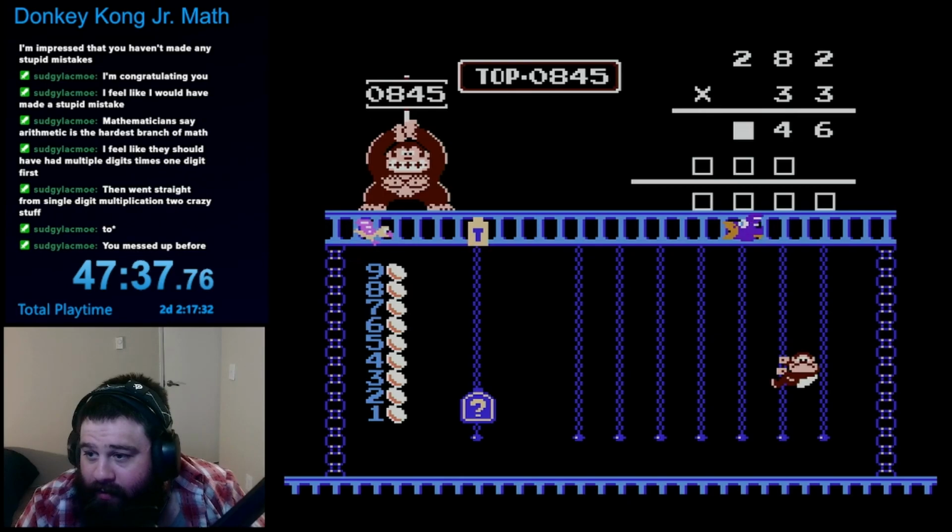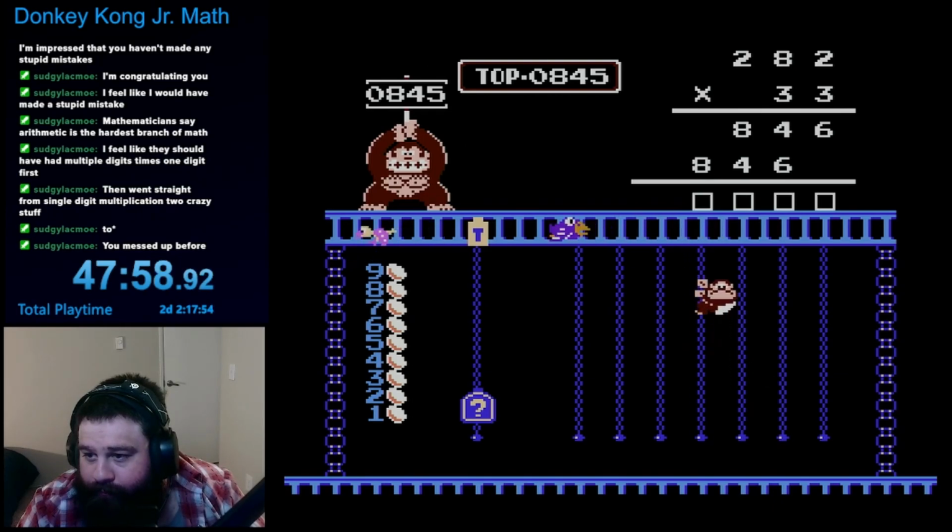6. 24. 6 plus 2, which is 8. 6, 24. Okay. I'm double checking my answers now because I'm scared. Oh, we have the same thing again. Okay, that's nice. 6, 4, 8. We now have